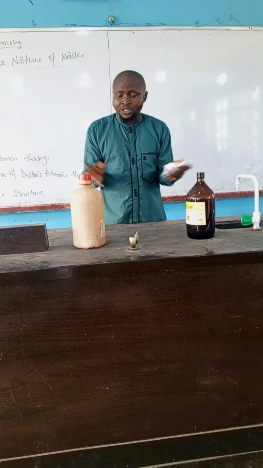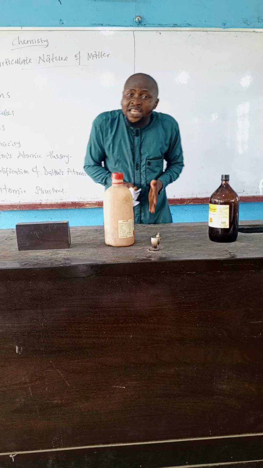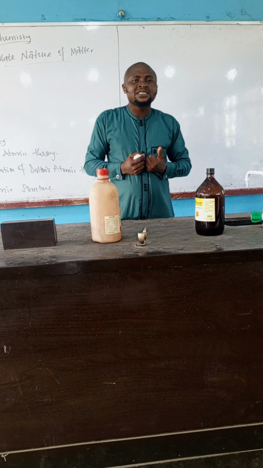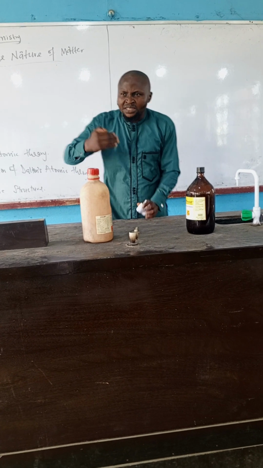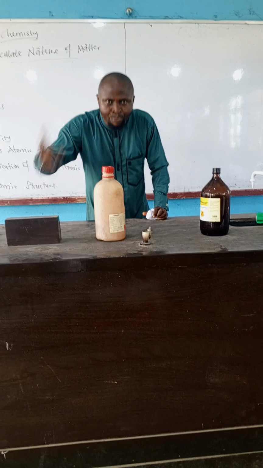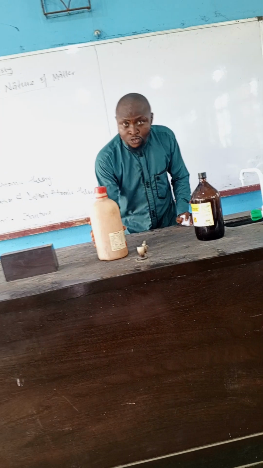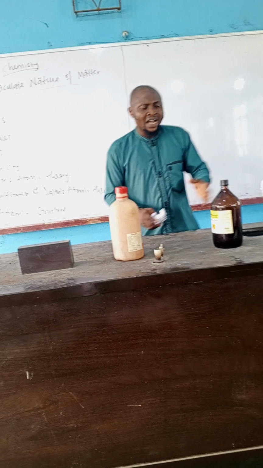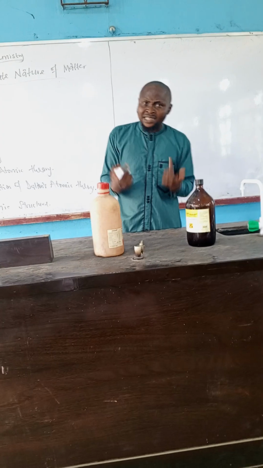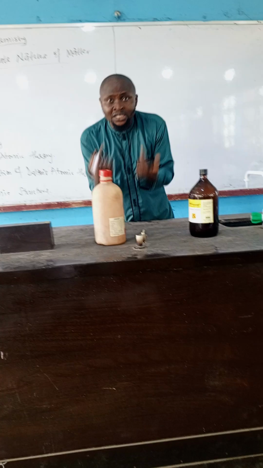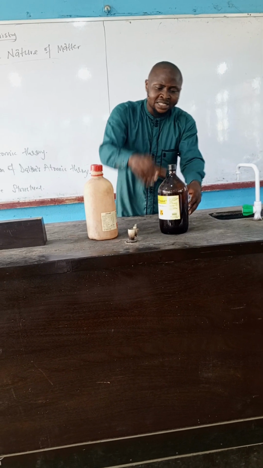According to the idea, if the content is particulate in nature, that is, it contains elements that are in bits, and when we say particles, we mean building blocks, bit by bit, that are in constant motion. If this contains particles always in constant motion, and this also contains particles always in constant motion, and there is a tendency for hydrochloric acid to react with ammonia to form ammonium chloride, then if I open this,